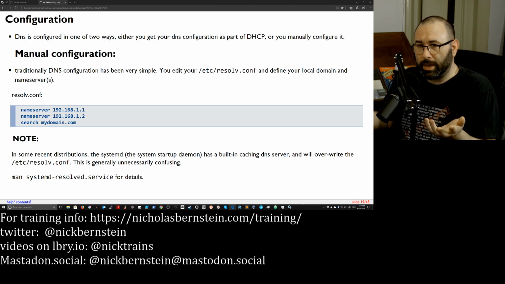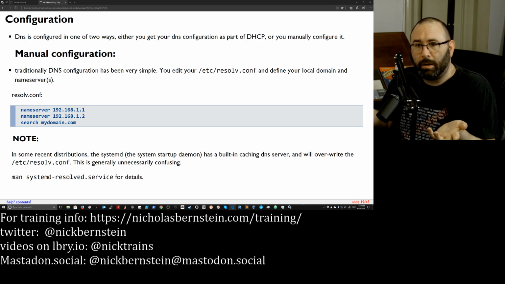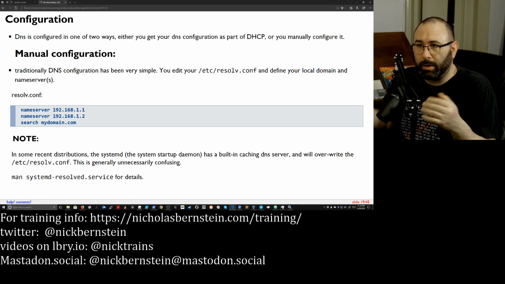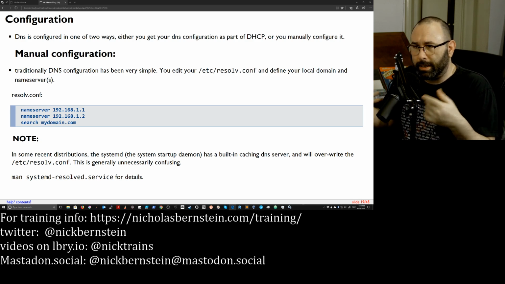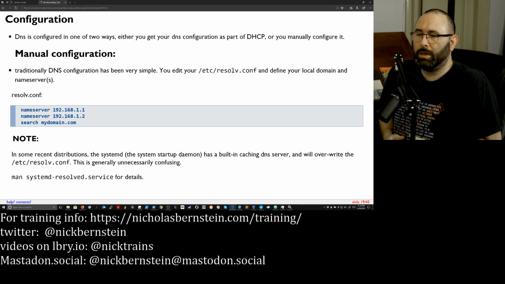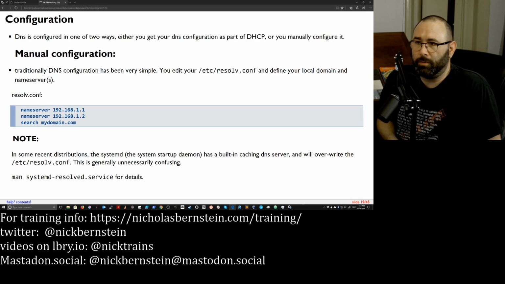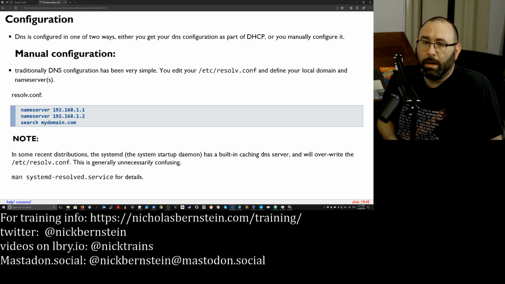There are a number of different ways you can configure it for getting DHCP. Generally, it'll work out of the box if you're using something like Ubuntu or Fedora. That's going to default to that for your Wi-Fi and your standard Ethernet. But we can also manually configure